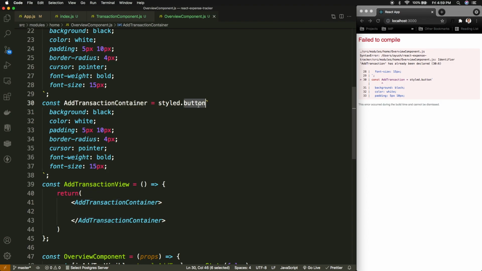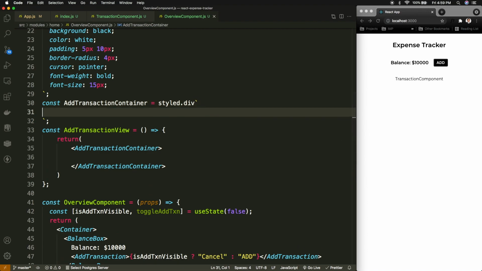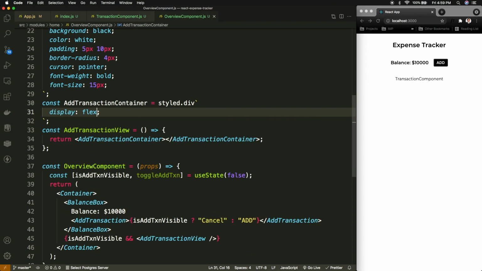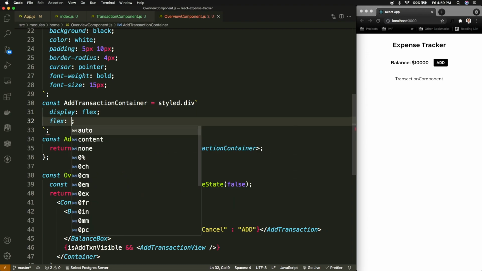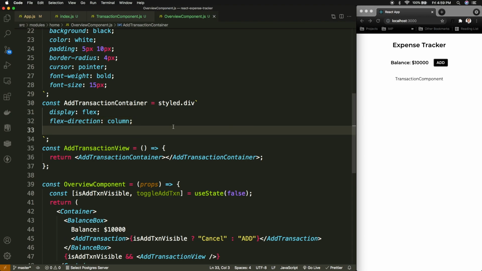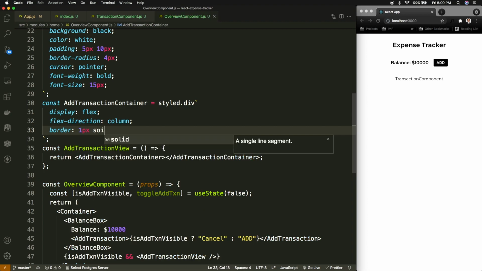So I've just created this, it will be of type div, and I can remove these properties, and inside this we can have all the stuff, like we can provide the display flex, and the flex direction will be column, because we need to show all the stuff in the row. And we can provide some sort of border, and border can be 1 pixel, solid in behavior, and